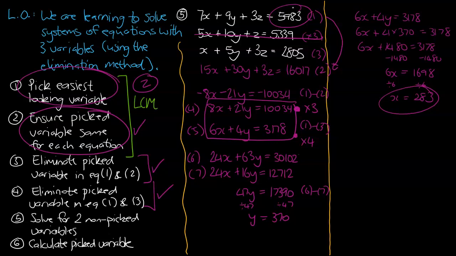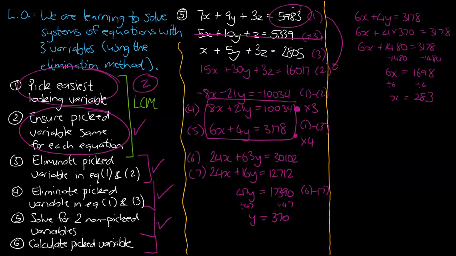Maybe double check your maths if you get a number like that, but if you can't see a mistake, it's probably okay, because we can expect weird and wonderful numbers as our outputs. So I've now solved, down the bottom there, number tick 5, I've now solved for both of those non-picked variables. And final step, I'm going to look at my initial equations, pick the easiest one,